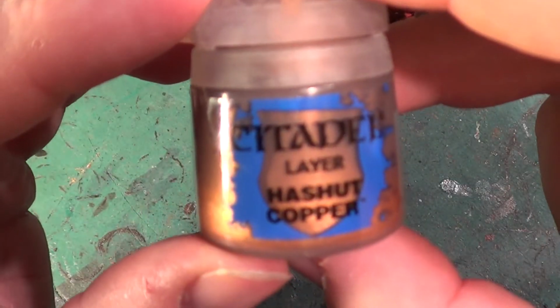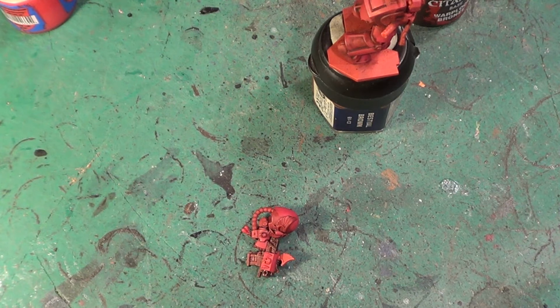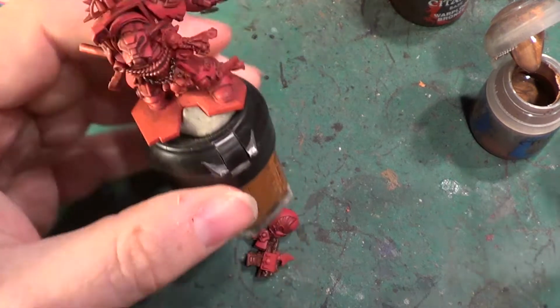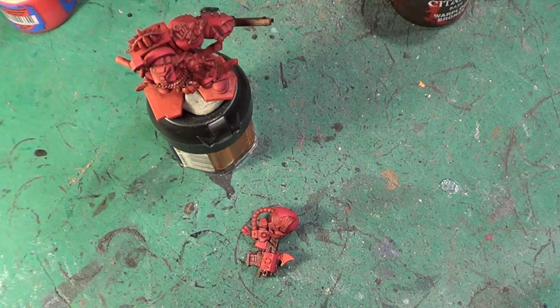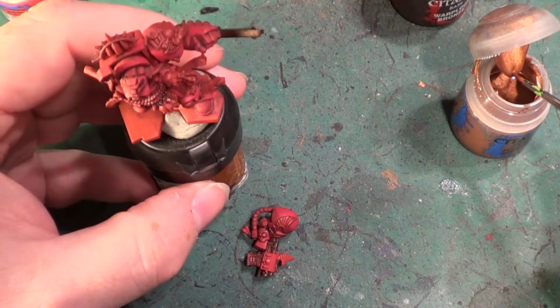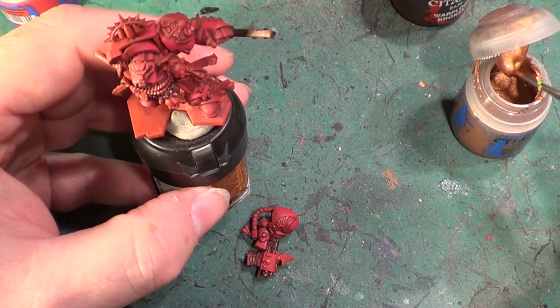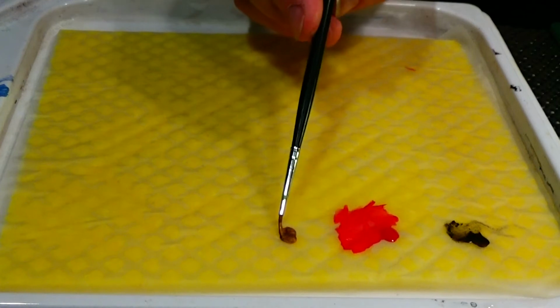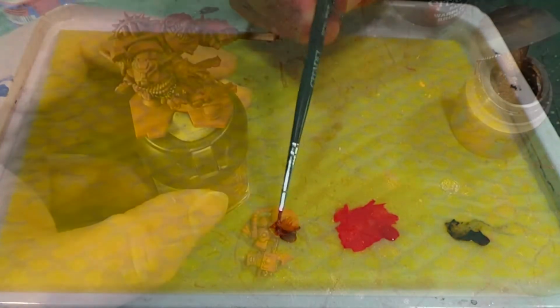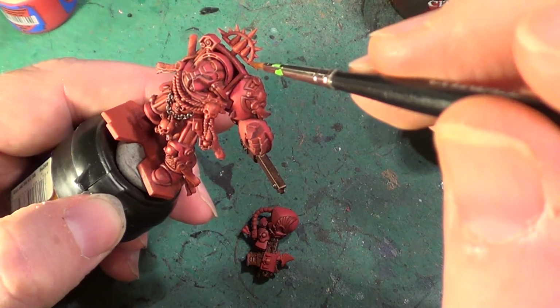let's just quickly, using Hashut copper. We're not going onto the wet palette with this because it's a wettish colour anyway, and it's not quite mixed properly. Right, just give it a good shake. That looks better. And for this, let us put it on the wet palette because it is quite a thickish colour. And for this we're going to be going over